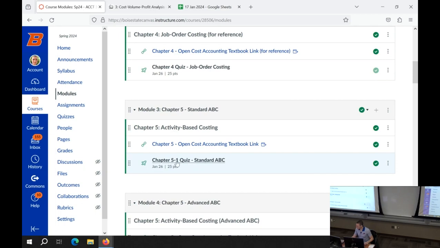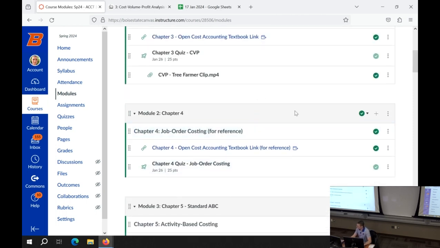Quiz 5-1 is also available. It's still due there. Work on it as if it's due then. If we really are still falling pretty behind, maybe we'll rejigger some things with the rest of the deadlines, but work on it as if it's due then.